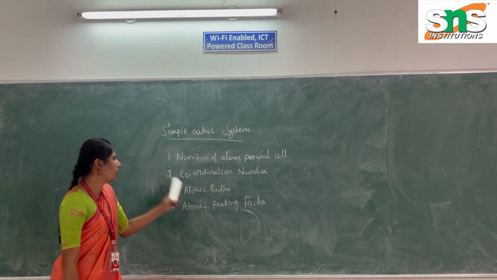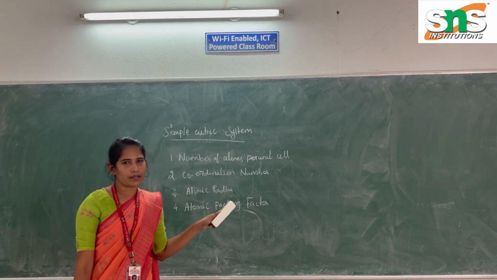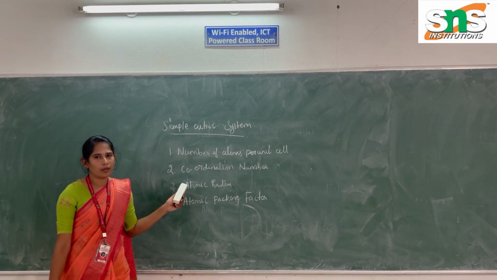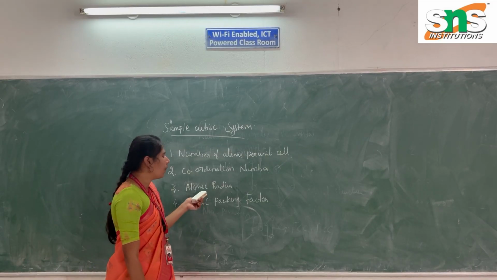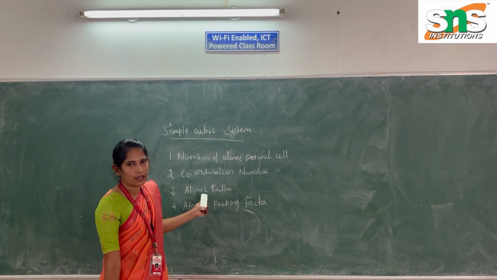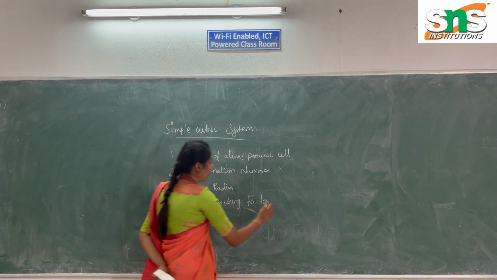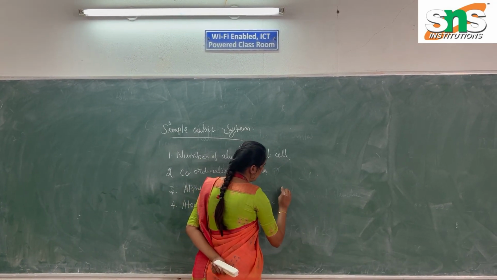Okay, first of all, coordination number is nothing but the nearest neighboring atoms. It is called the coordination number. Atomic radius is half the distance between the two nearest neighboring atoms. It is called the atomic radius. And the atomic packing factor value is equal to the number of atoms per